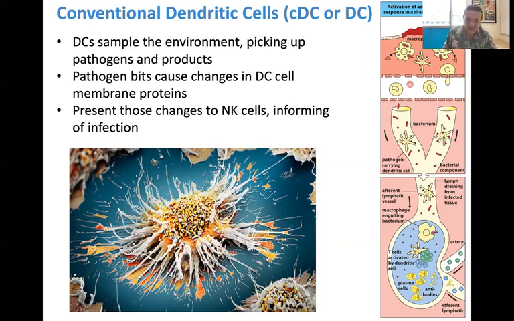So I kind of think of dendritic cells as like your pet dog or pet cat who goes off in the morning, is running around the neighborhood, whatever, and then they bring you back something like a dead rat, right? And they present it to you because they love you. They're like, yeah, I love you. Here's a dead rat. And you're like, oh, thanks, right? Dendritic cells are like that. They pick up on all kinds of things and bring them back to present to other